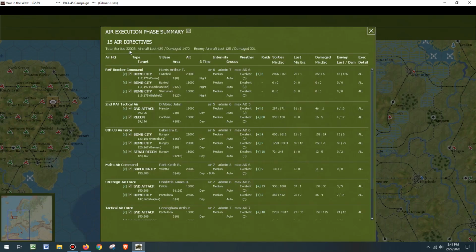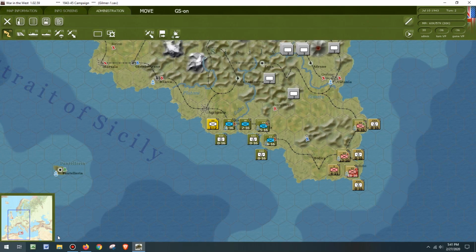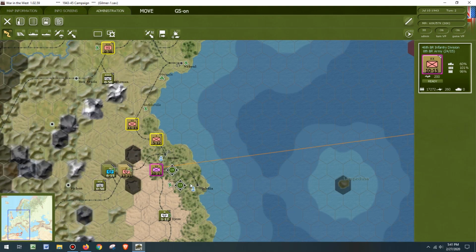Okay, so 32,000 sorties. We lost 439 aircraft. The enemy lost 125 aircraft. It's not as good as I would hope. So, what do you do now? Well,